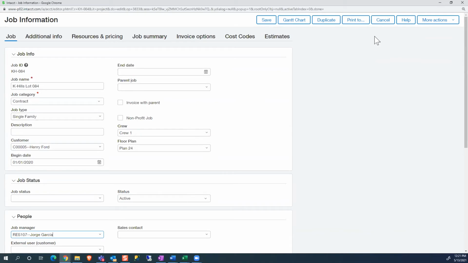But what I want to point out is that this job has attributes. These attributes are the things that have been selected in the fields. And these fields can be fields that you choose. The system obviously comes with some of these fields, but any field that you want to add, you have the ability to add the field on here and track additional data.